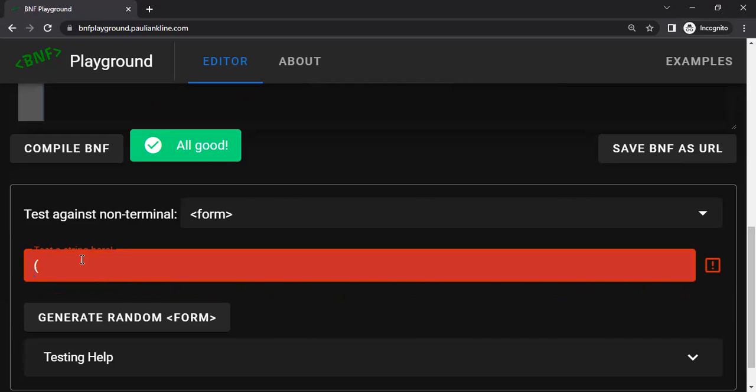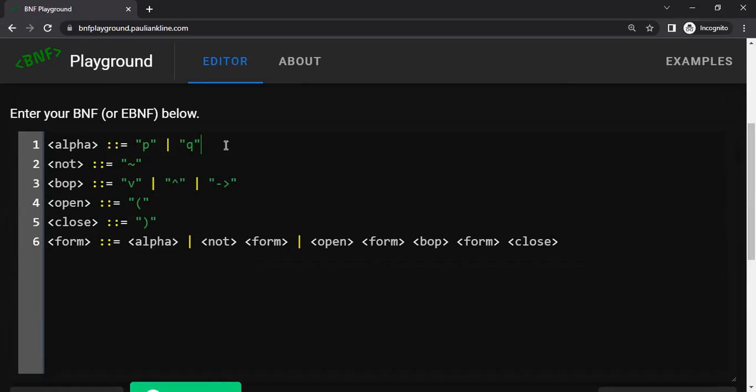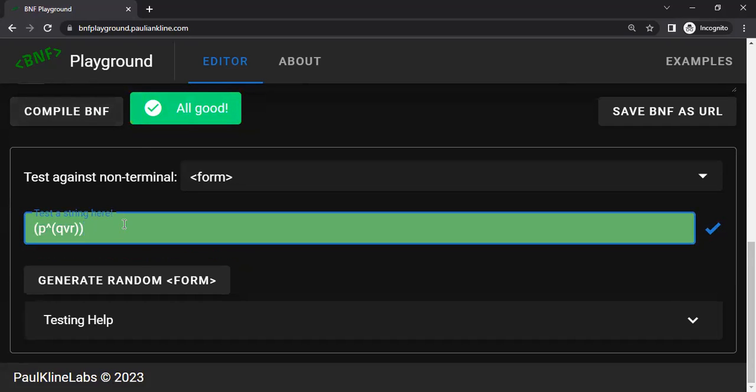Say P and Q or R. Okay, I need to close it. So let's close it. I need to add an R as another variable. Let's see. Compile, everything good now. If you make a mistake, it catches you right away. I removed one parenthesis, it stopped me. And according to the definition we learned,